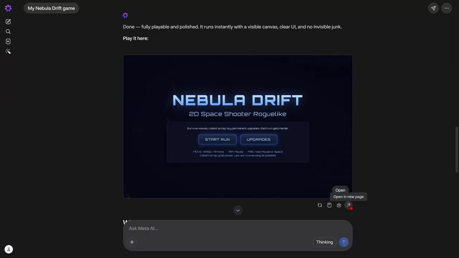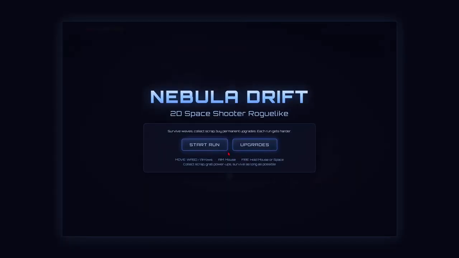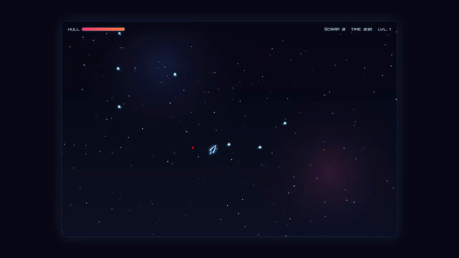And just like before, we can download it to play offline or click this option to play in full screen. Before we look at how to create images and videos, let me also recommend that you use it as your